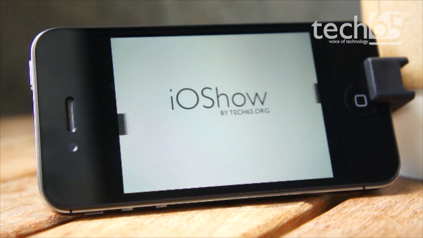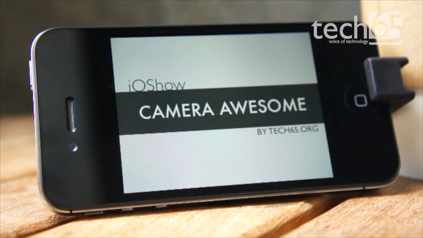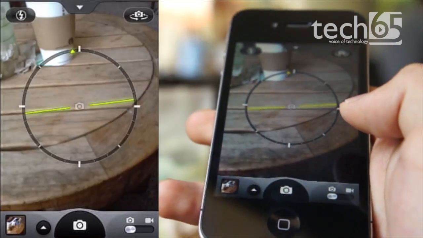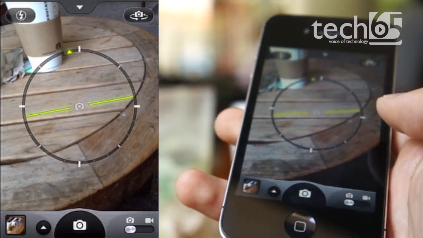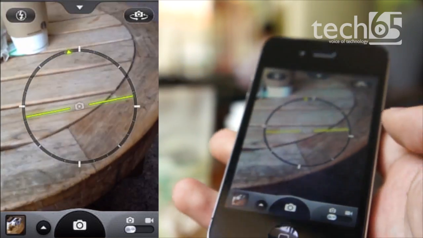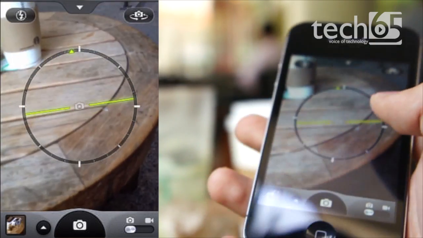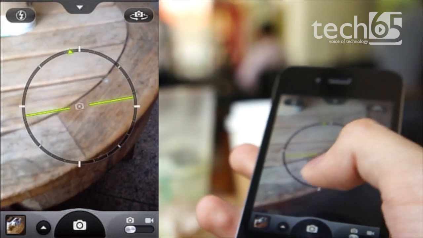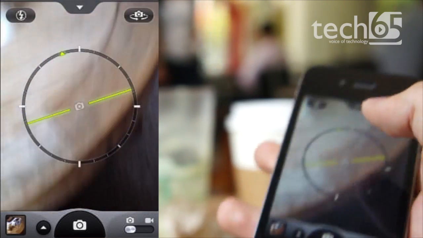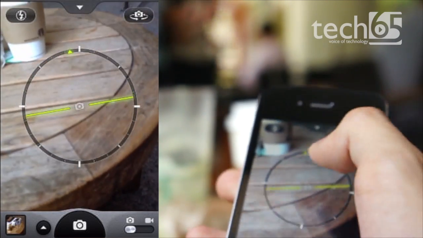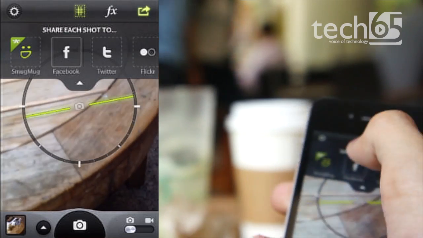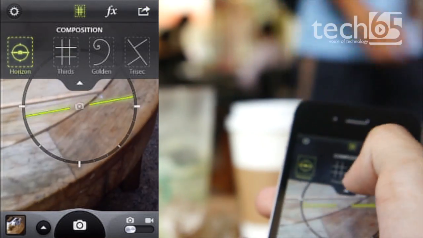On this episode, we are taking a look at Camera Awesome by SmugMug. Camera Awesome is a camera application created by SmugMug, which is an online photography service, and it's actually a pretty good photography application, a good replacement for the default camera, and you've got a whole bunch of settings that you can use. So here on the top you can see that you can choose the different types of composition